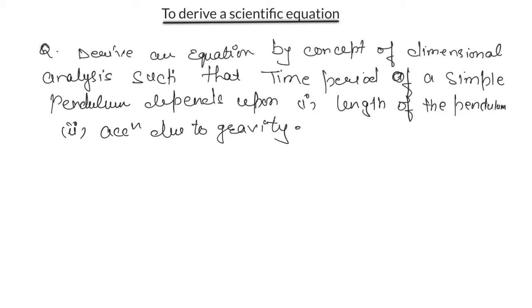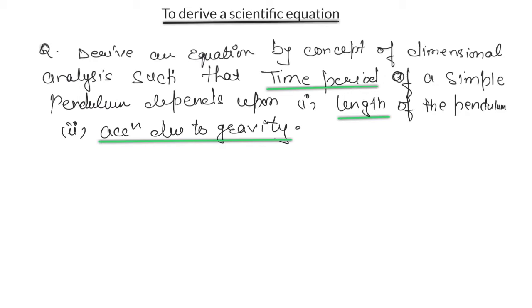देखो class, we can use the concept of dimensional analysis या dimensional formula to derive a scientific equation. Okay, and this we can understand directly by the help of an example. So suppose we have to solve. क्लास वो बोल रहा है you have to use the concept of dimensional formulas and you have to derive an equation for a time period. Equation किसके लिए derive करना है क्लास हम लोगों को? For time period, and it is given that time period depends on length and acceleration due to gravity. ठीक है class?